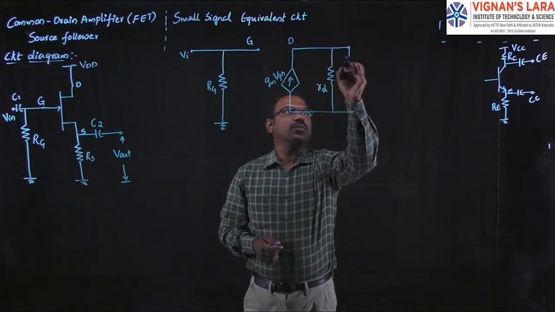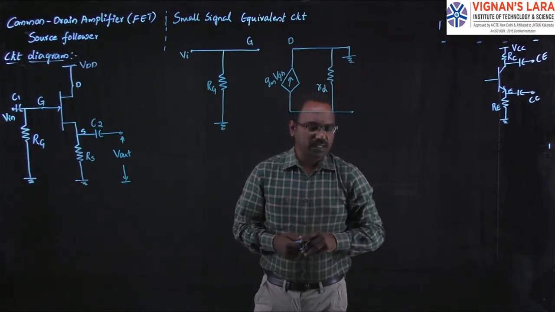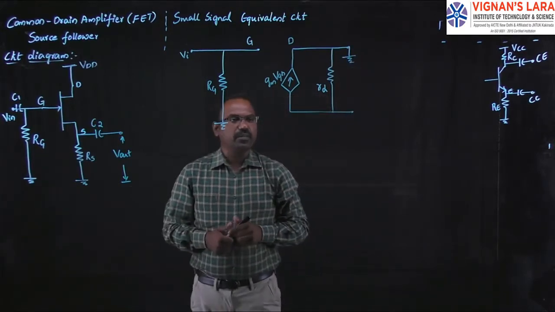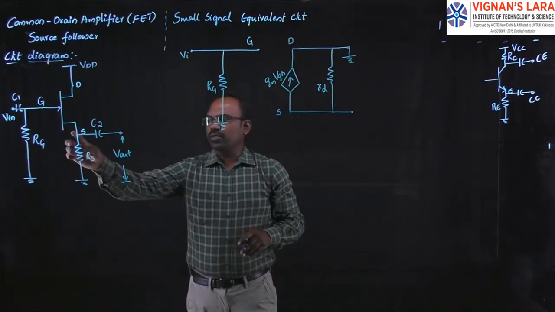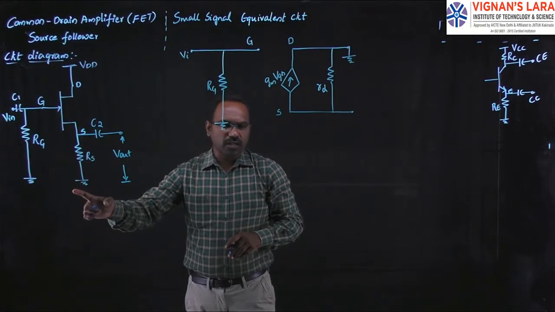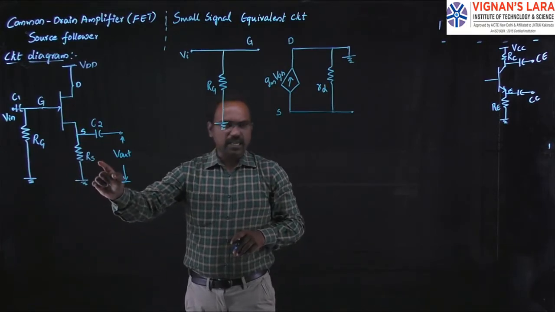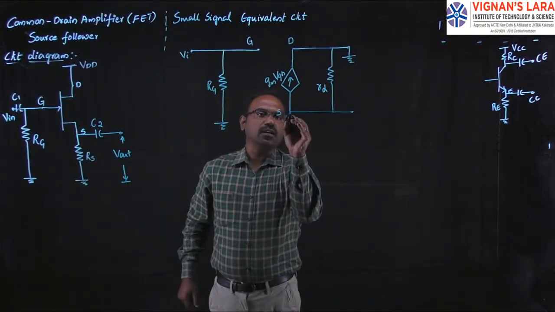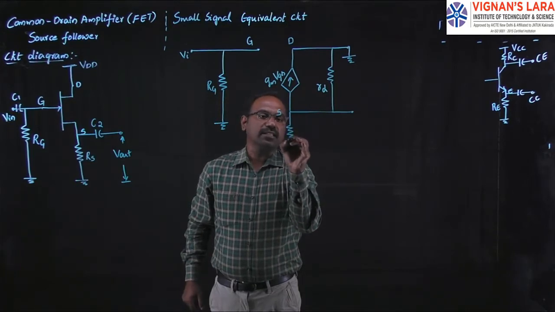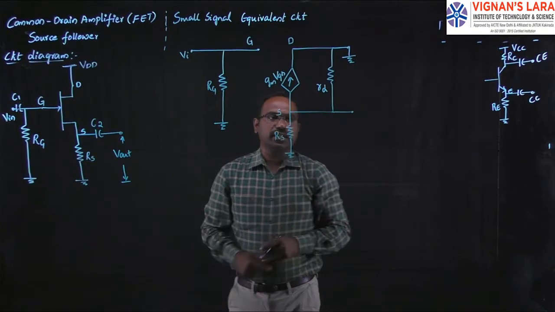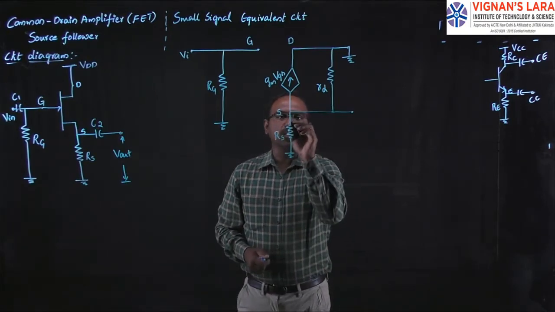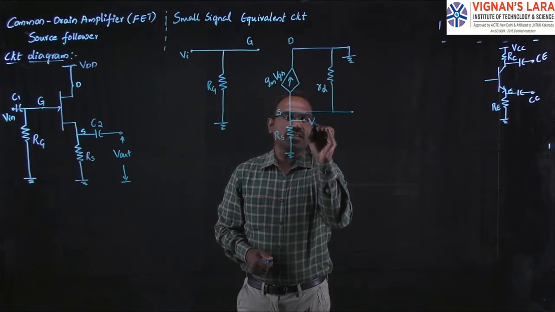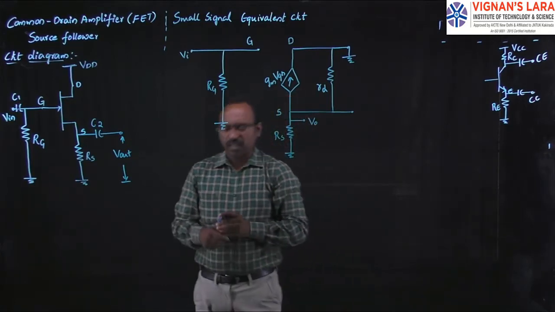Right? So here this should be the ground terminal. That should be grounded. And this is the source. Actually, from source to the ground, I am having a resistance RS. So I am taking a resistor RS. It should be grounded. So now where is the output taken? The output is taken at this point, V0 or Vout, whatever.